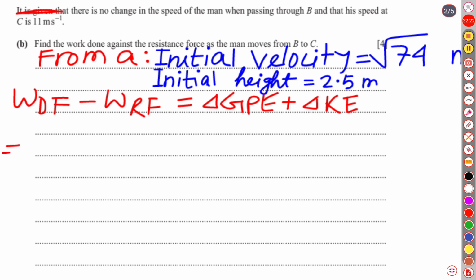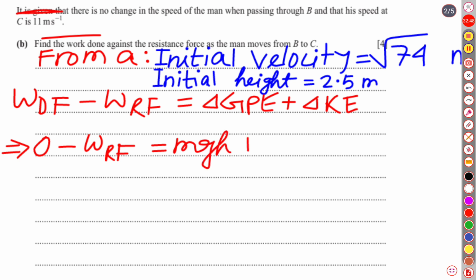And driving force: the person was sliding, as there is no other external pulling or pushing force. That's why driving force is 0, and work done by driving force is also 0, and work done by resistance to motion is to be obtained. So let it remain unchanged. Work done by resistance force is equal to, now the change in GPE, that is mgh, plus half of mv squared,